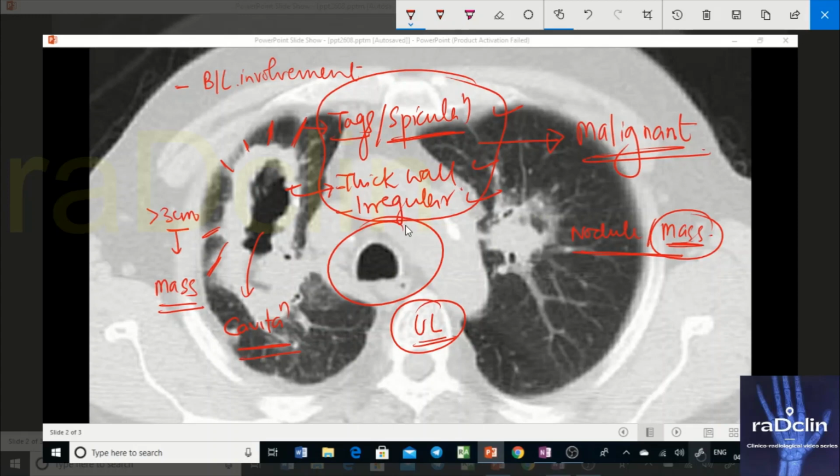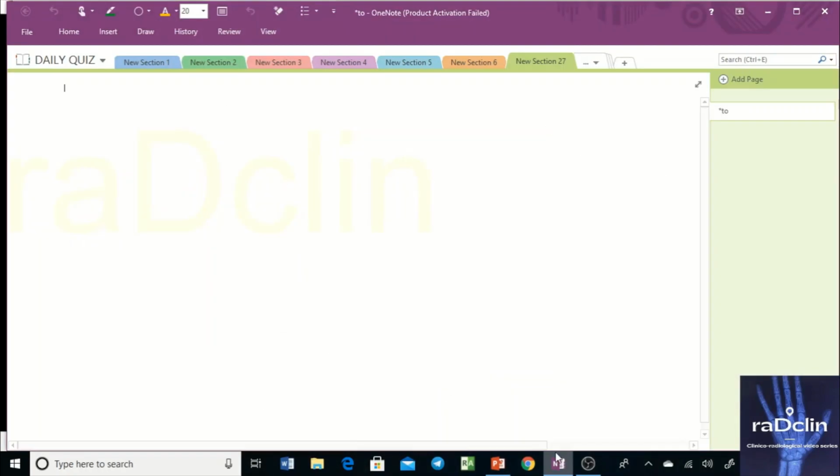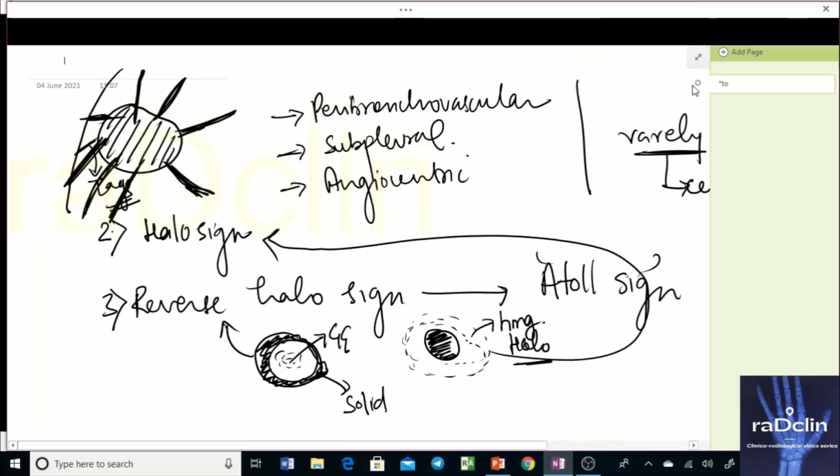So these were the findings from this particular CT image only, but with this we should discuss that if we encounter a cavity in a particular area of lung, how do we approach that cavity. That is important to understand, and that becomes a topic to be considered. So let's discuss that.